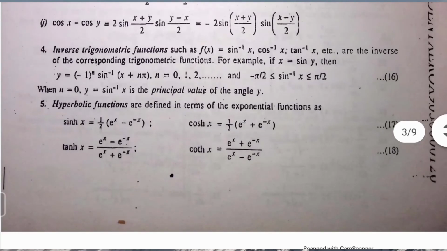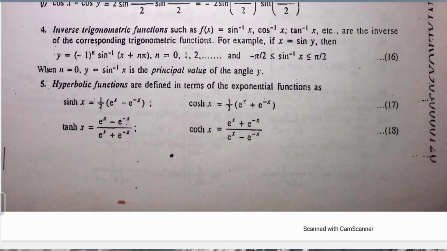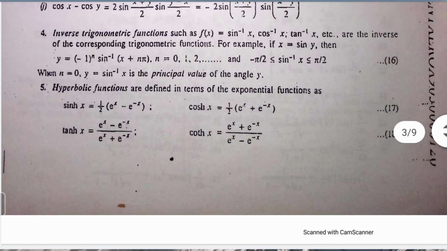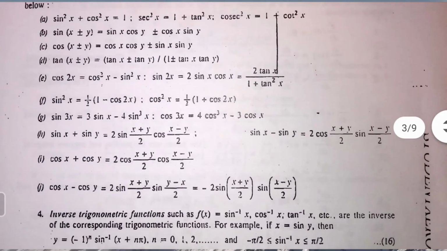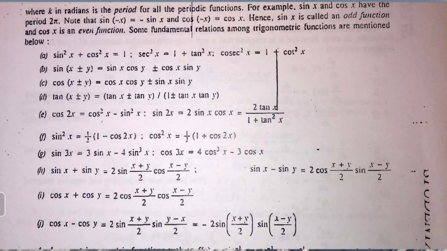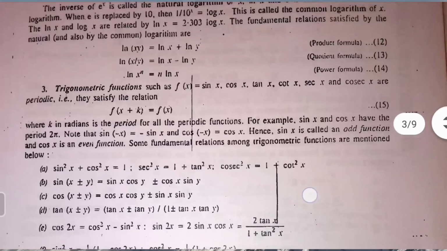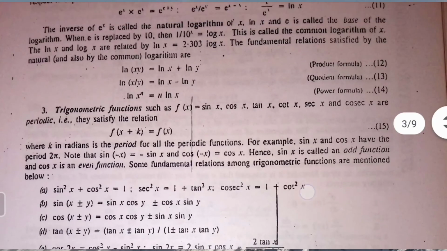So the next part is the inverse functions and the hyperbolic functions. We might use these functions if some complex problems are there, but we are not specifically studying these higher functions for deriving the wave functions. So these are not of that much importance. The most important functions are the trigonometric functions and the exponential functions, and